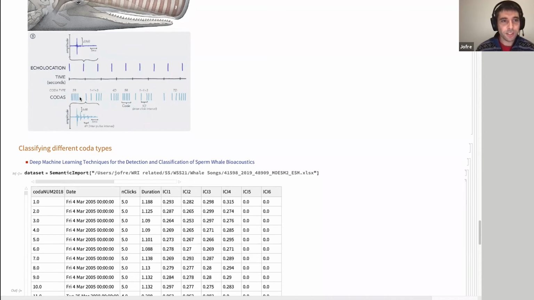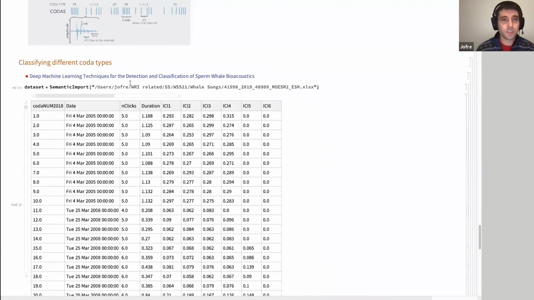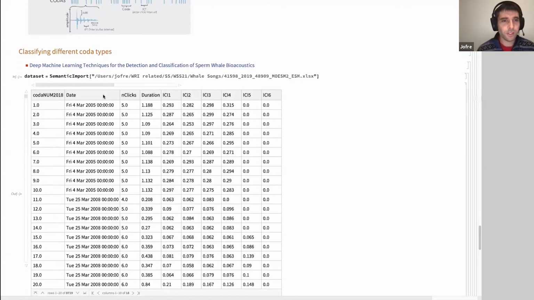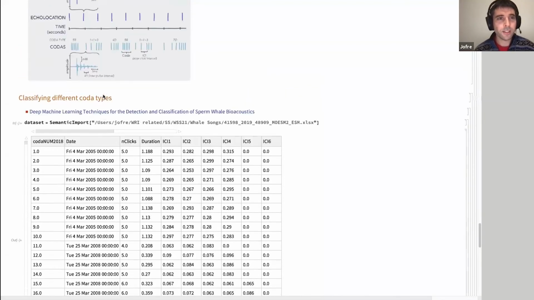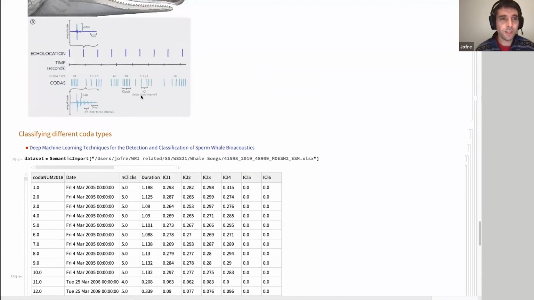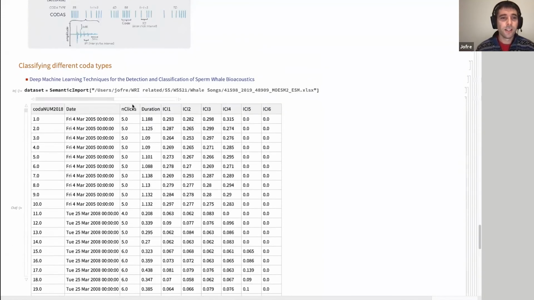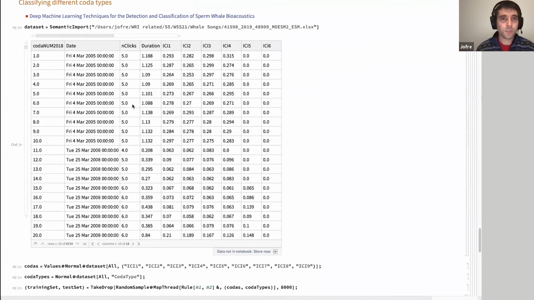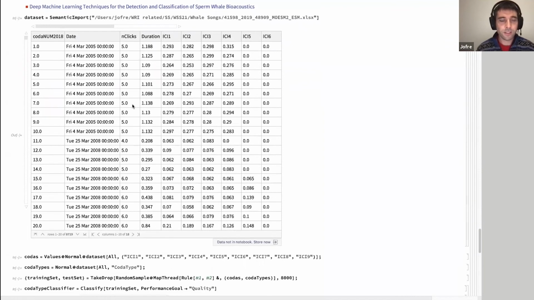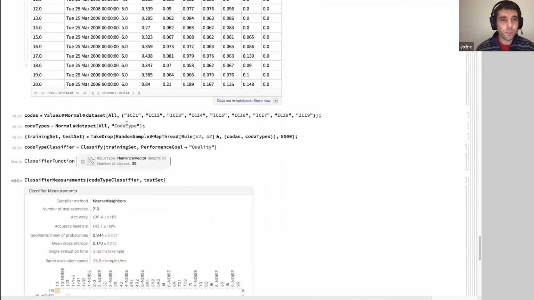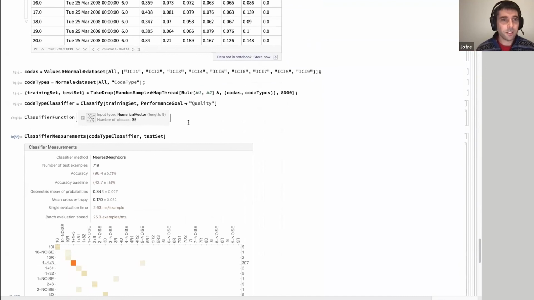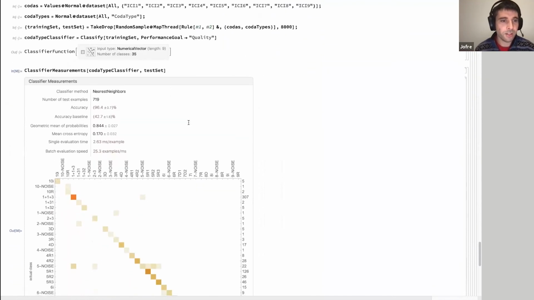have groups of clicks that are called codas, and these codas would be the equivalent of words in humans. So what we did in this project was to classify the different codas by the click separation, the inter-click intervals, and this was done in a paper in Science a few years ago, and we used the built-in classifier directly, and we obtained really nice